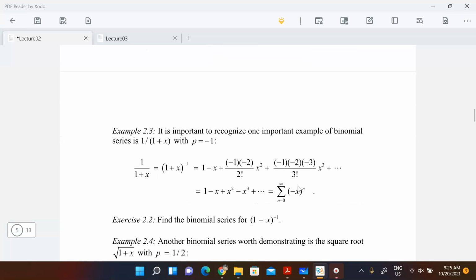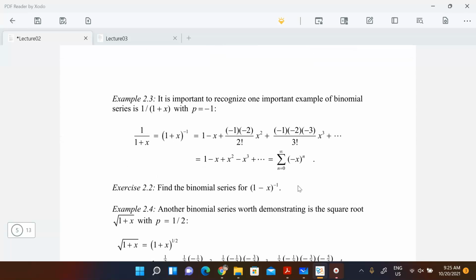You can generalize this a little bit more, positive integers usually. So here's an example where your p is not a positive integer but it's a negative integer, and you can still use the